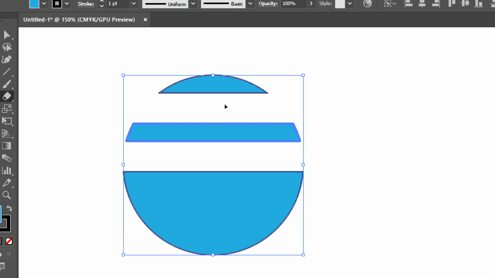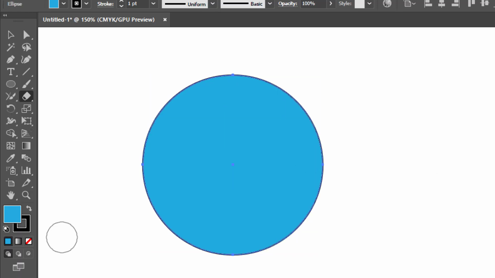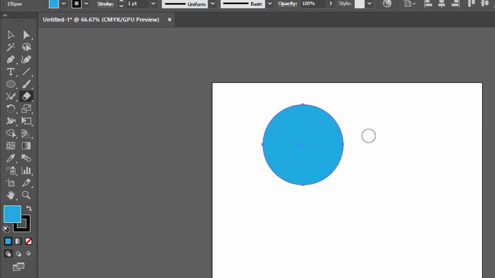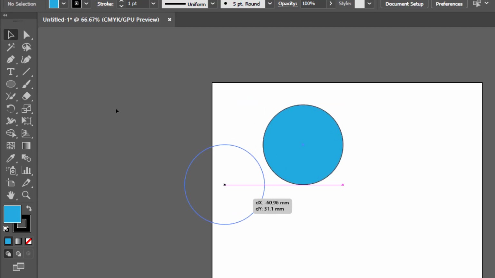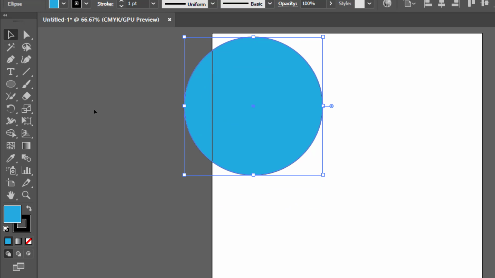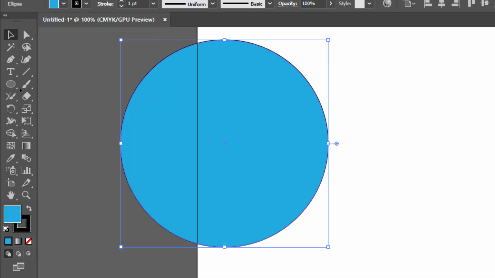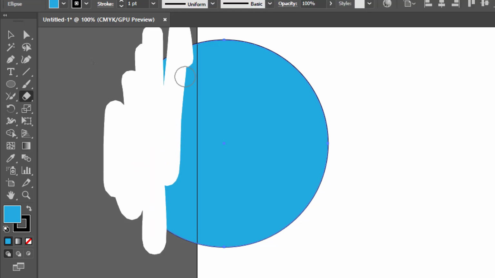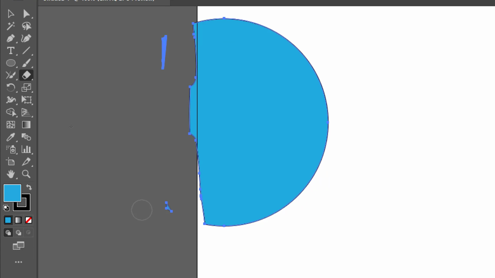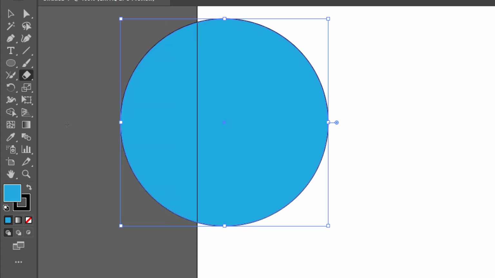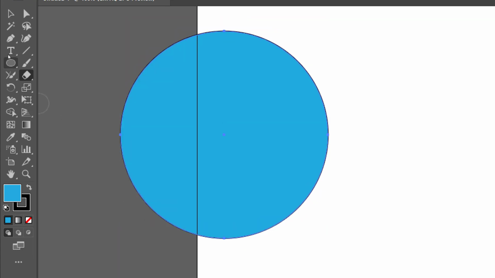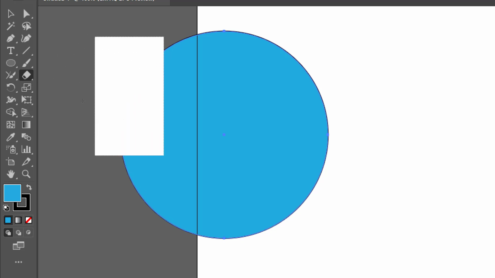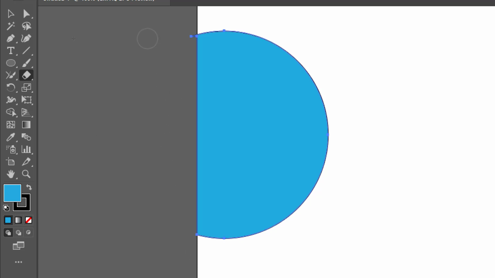If you want to erase in a rectangular format, for example, your shape is going outside the artboard like this, and you want to erase this in a rectangular format. Doing it by hand takes time, and it's not accurate either. So we can erase in a rectangular format as well. Take the eraser tool and hold the Alt key on the keyboard. When you hold the Alt key and drag, it will give you a rectangular area to be erased. Look,